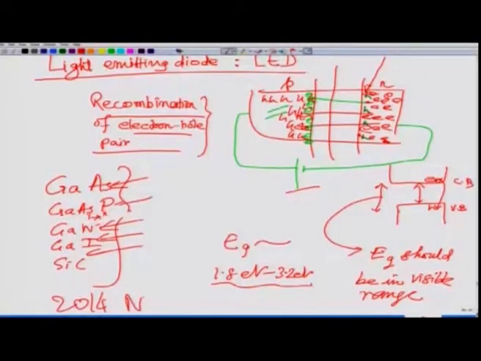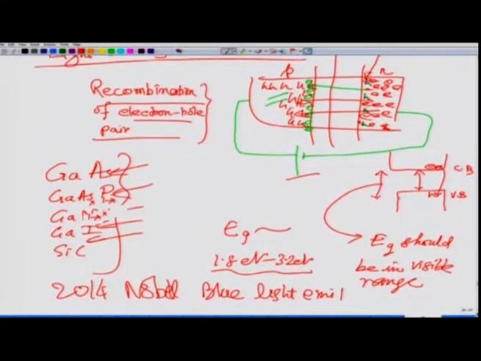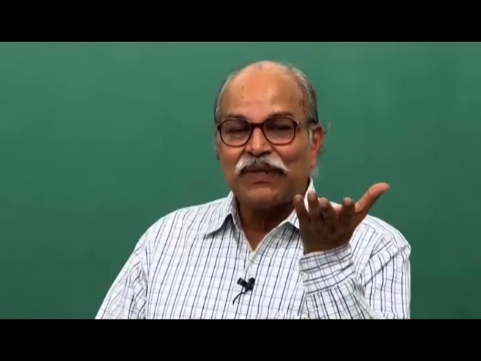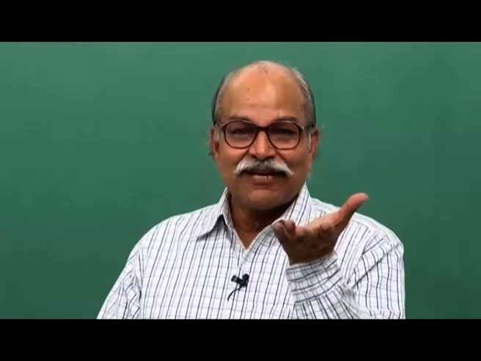That blue component was missing, and the 2014 Nobel Prize was for this blue LED, you know that, blue light emitting diode. After that, white LED production became popular, and that is how we are in this era where